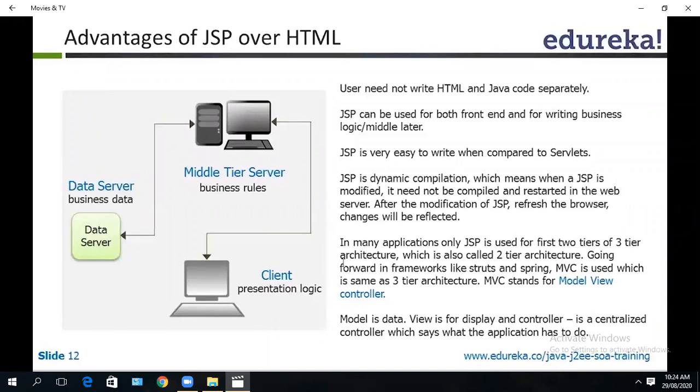Which file has the redirection mechanism? If this is a URL, execute this servlet name and servlet class for me. If this is a URL, this is the servlet class which needs to be executed. Which is that file? That is web.xml, correct? That's the controller, okay? It controls the project or a program, right?